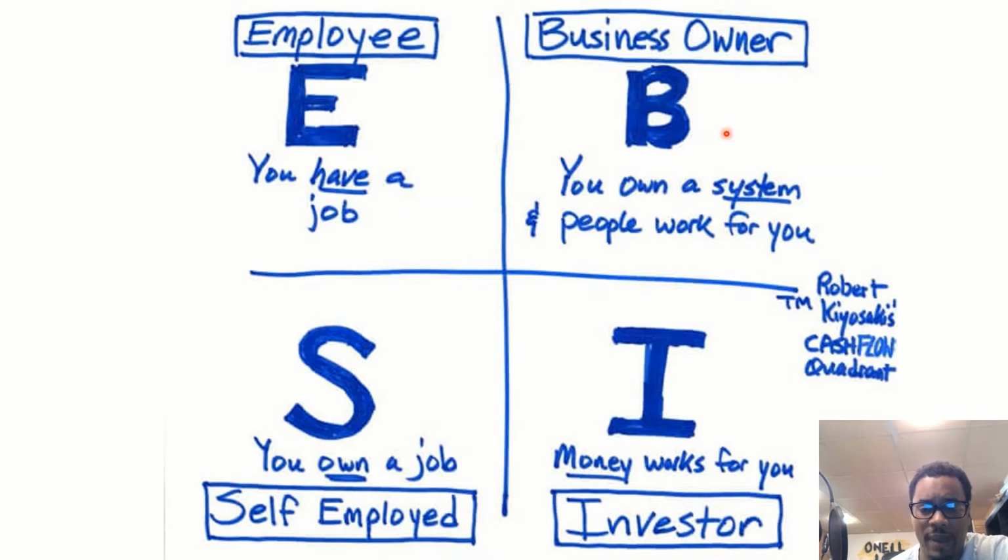There's a good quote out there. Would you rather get paid 100% of your own efforts or 1% of 100 people's efforts? Okay. And that's just part of business. That's just part of leveraging. People who are business owners, if it's successful, you could walk away and money will still be made around the clock, whether you are there or not. It's going to continue to grow and make money for you, which leads to the I quadrant.